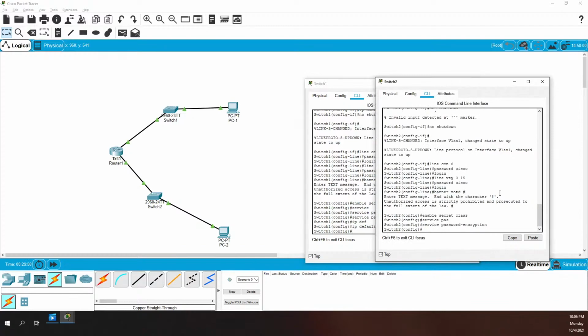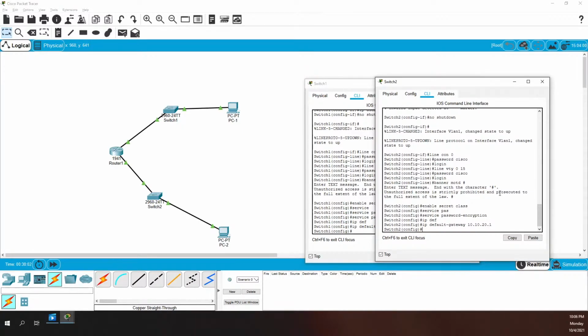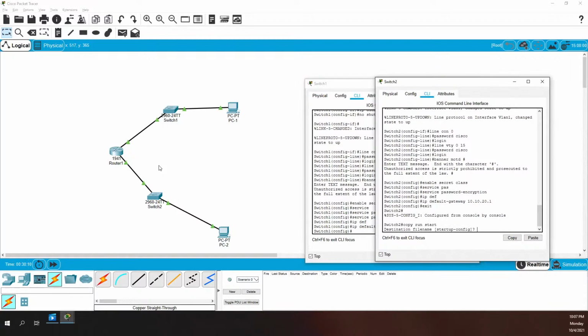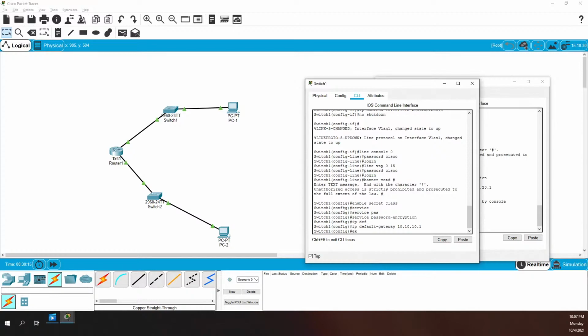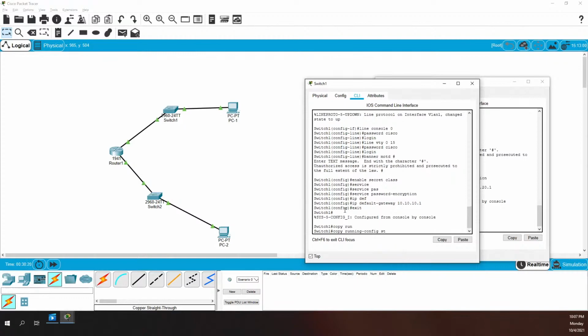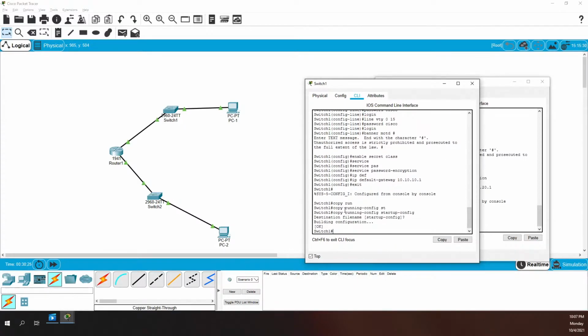Similarly, with switch 2, we're going to do the exact same thing. IP default gateway 10.10.20.1, because that's the interface on the router on this side of the network. Bang. So we're going to do that. And then we're going to go ahead and save our configs. So copy run start, copying the running config to the startup config, and over here we're going to do the same thing. We have to go back to enable mode, and we're going to do a copy running config to startup config. For those of you who are typing the full commands in,